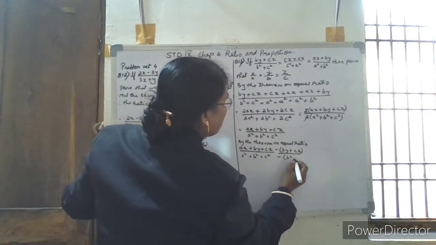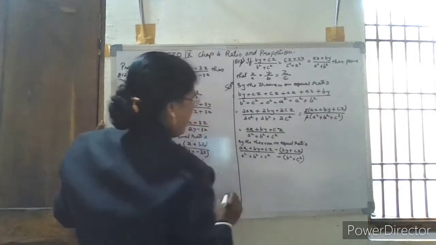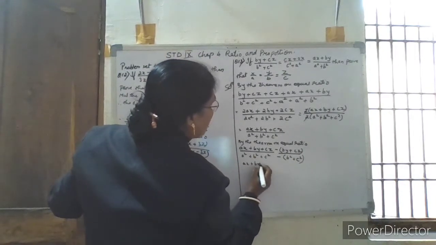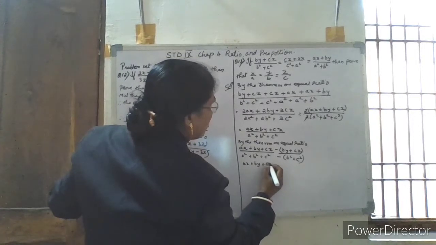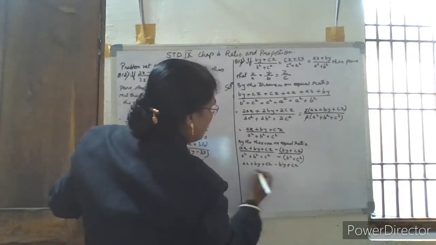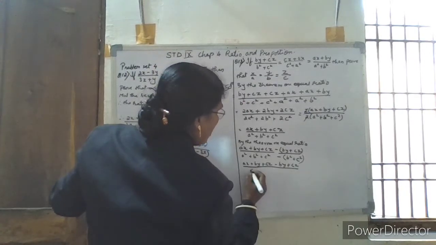These two terms will cancel. So it is (ax plus by plus cz) minus (by plus cz) upon (a squared plus b squared plus c squared)...